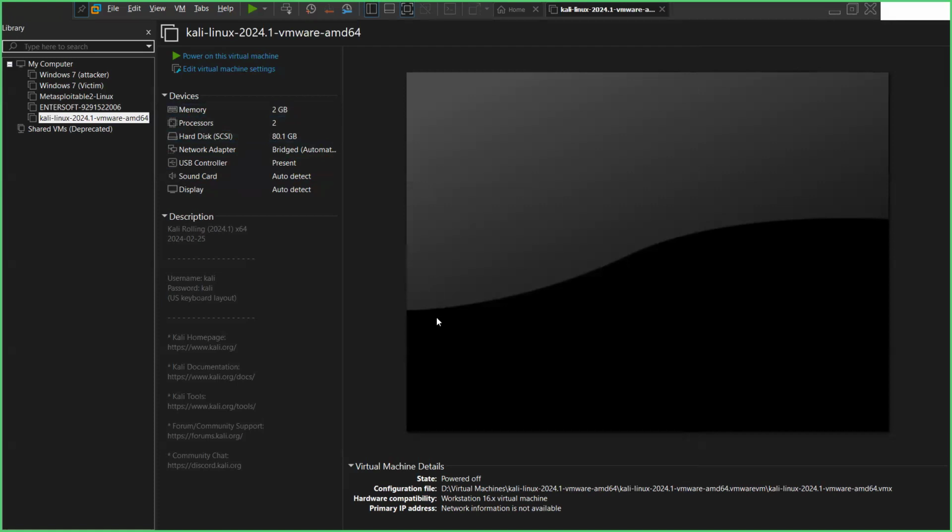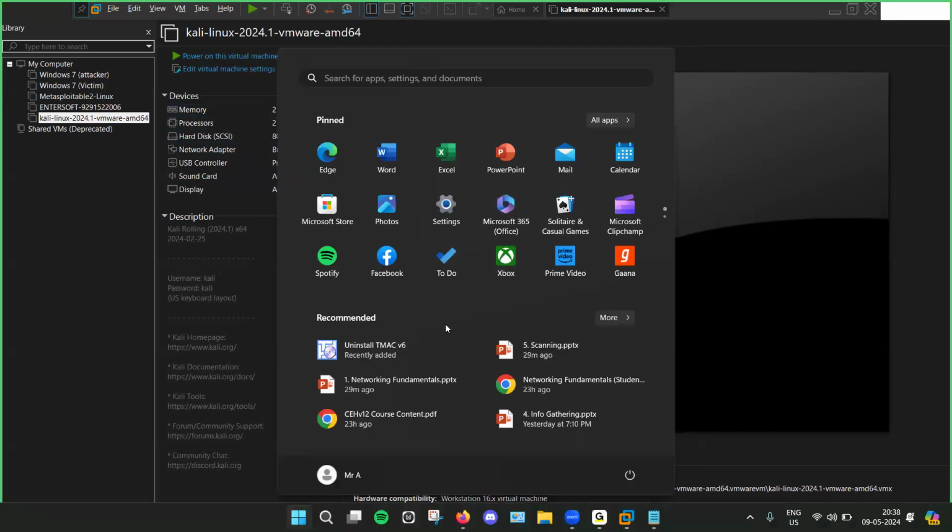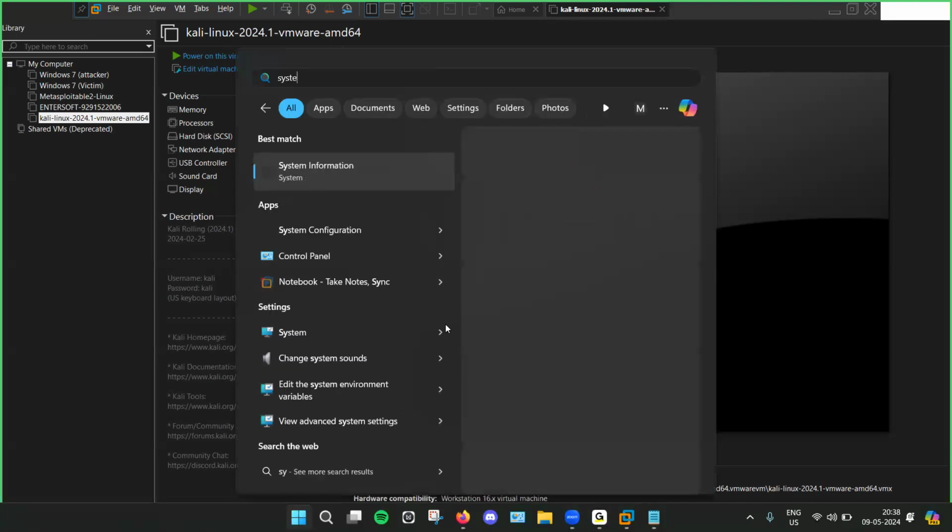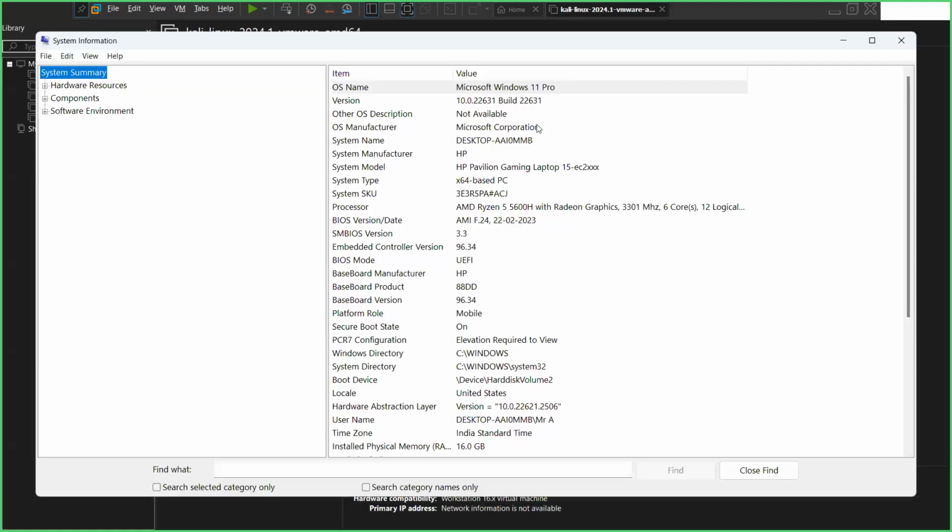Again, your operating system's processor has multiple threaded cores at the same time. Usually, if you're using i3 or i5, it might have quad core or hexa core or octa core. So basically, the more cores, the more multitasking it can do. Two cores is like giving two parts of that processor to the virtual machine. Right now, if I go to my system information, my device has 6 cores. Out of those 6 cores, I'm assigning 2 cores to the Kali system. So the remaining 4 will be used by the base machine.